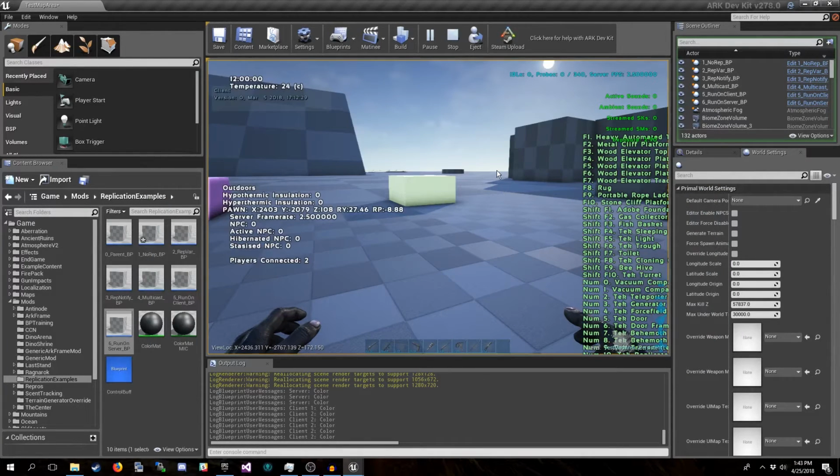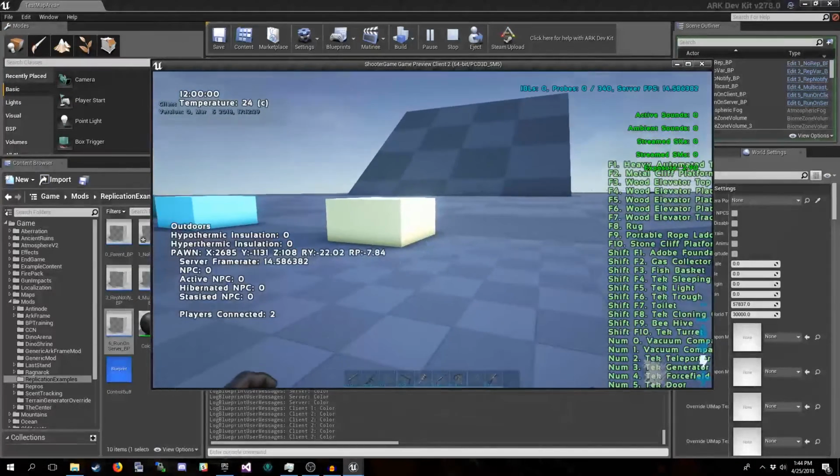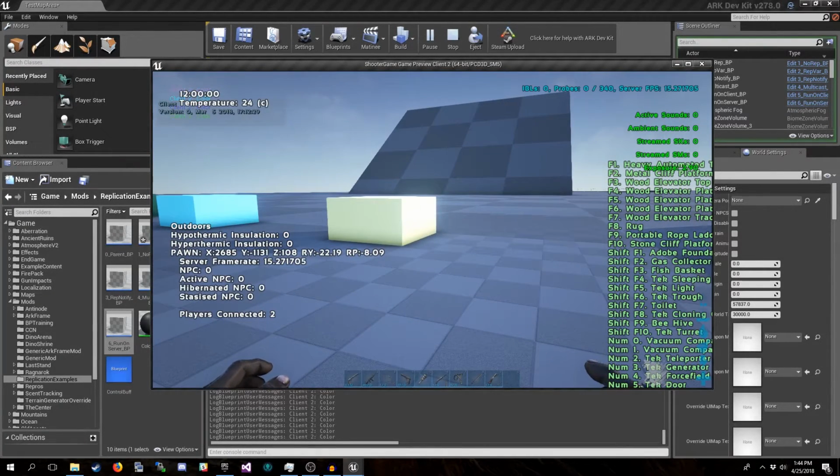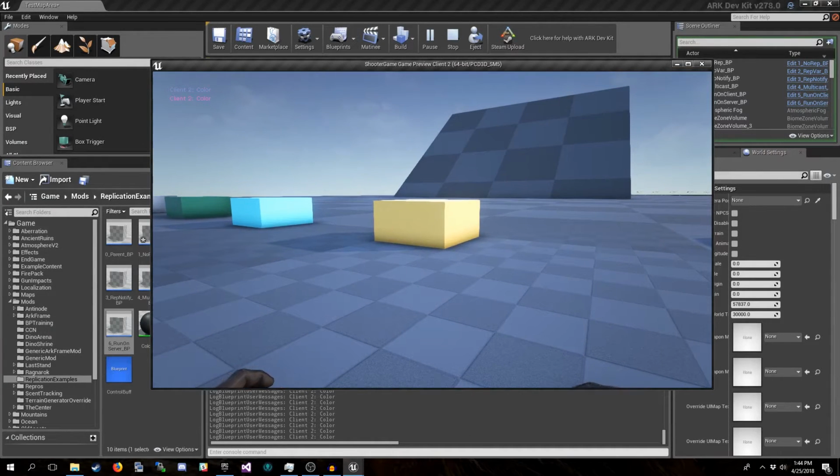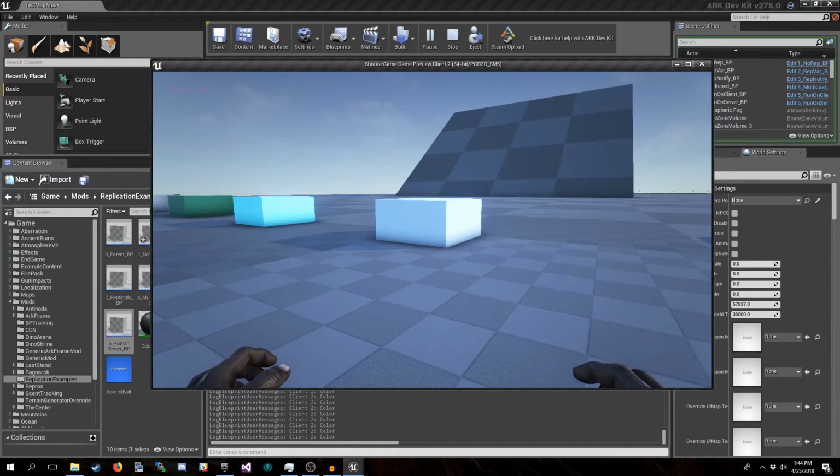See, it's updating there. But you'll notice if I sit there and spam Y, you can see the colors rotating up there in the left-hand corner. It'd be easier if I did that. So you can see them there. The colors are shifting, but it's not updating. It's just kind of going every once in a while.